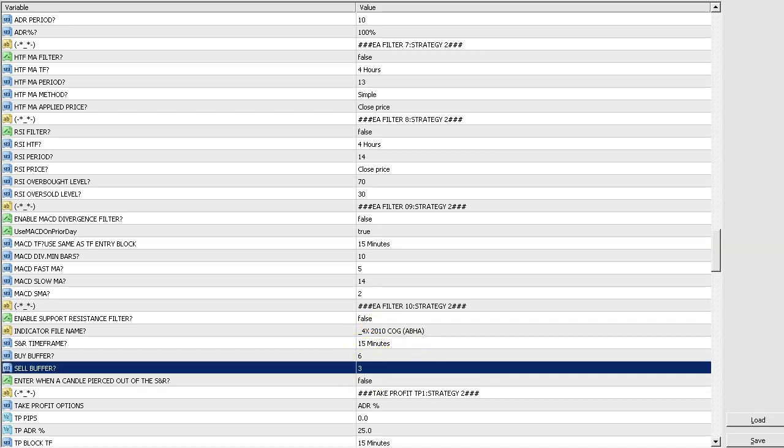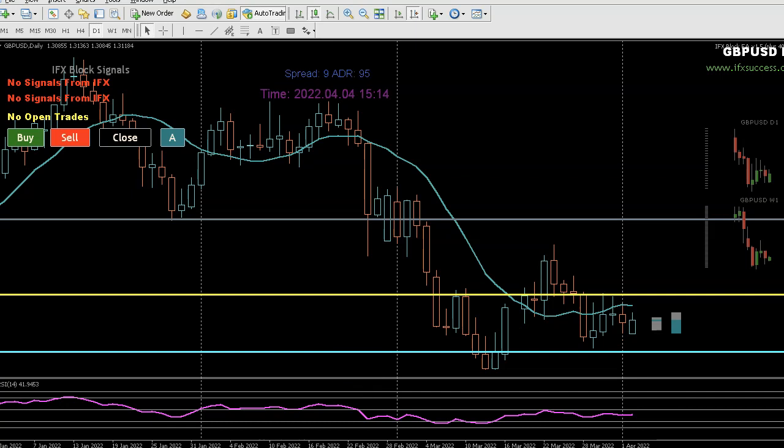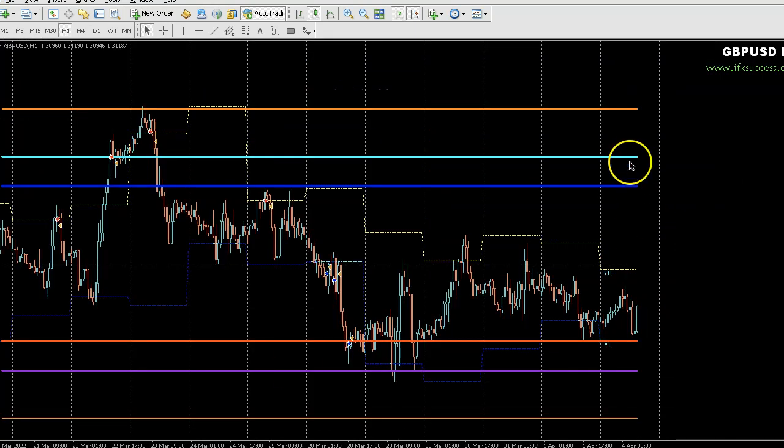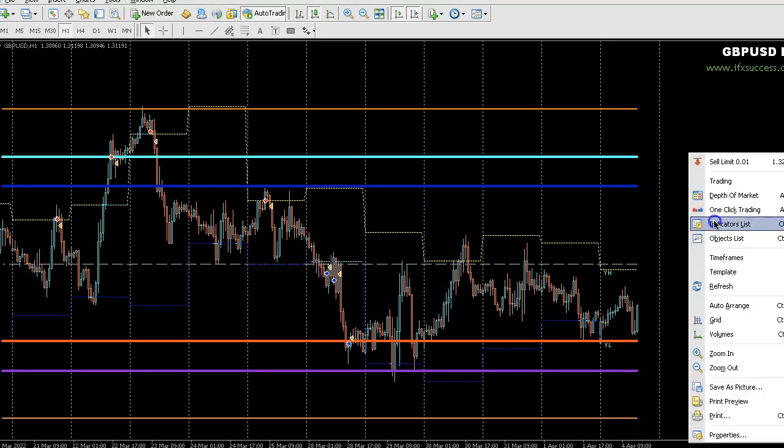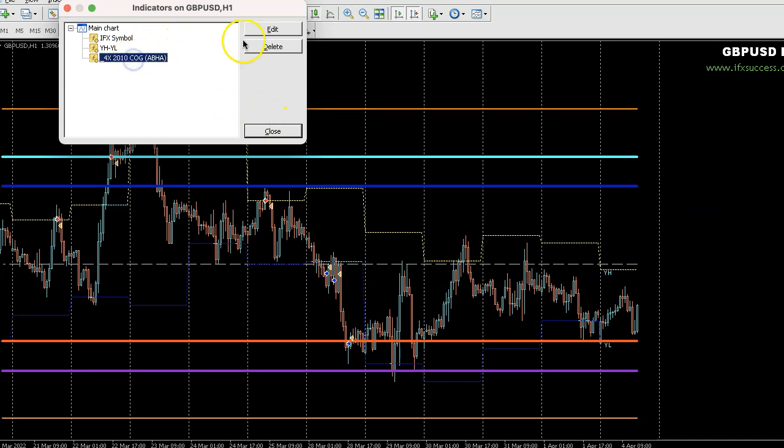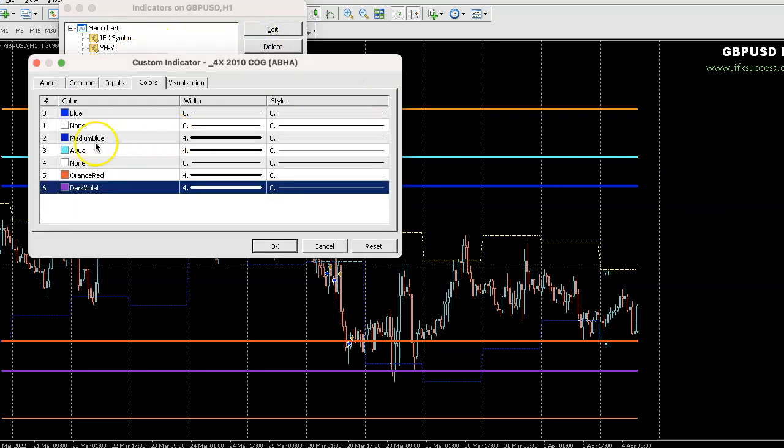So I say okay. So now anytime the price goes out of here, it's going to trigger a sell entry, and in here is going to trigger a buy entry. If you want to change it up, you can just do that and change it up whenever you want. Or if you want to choose the highest one all the way at the bottom and all the way at the top, again, all you have to do is go to the setting, go to edit, and then now